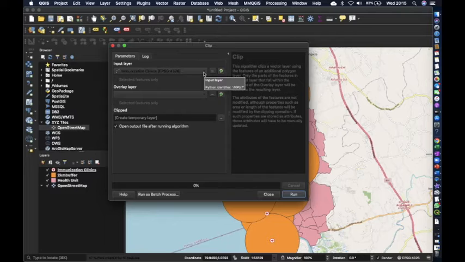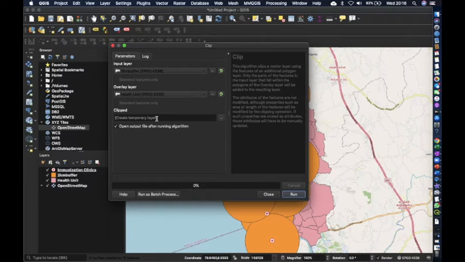Here we have to select the input layer. The input layer, in this case, is the 2 kilometer buffer. The overlay layer is the layer I need to cut the unnecessary areas from the buffer zones. That is the health units layer.